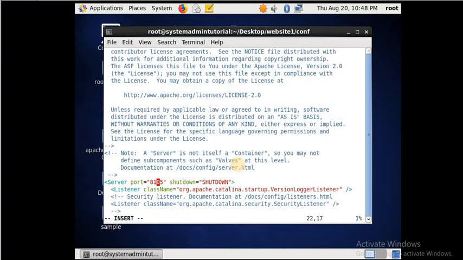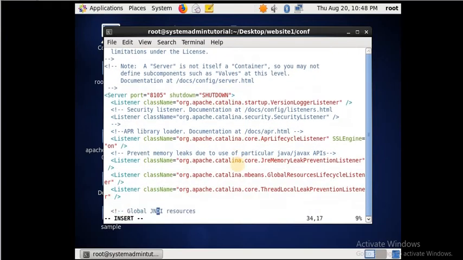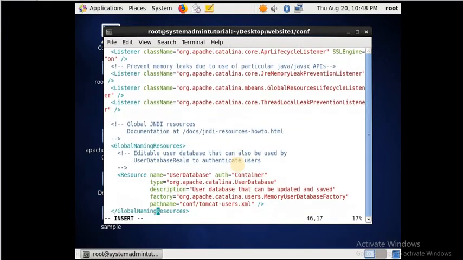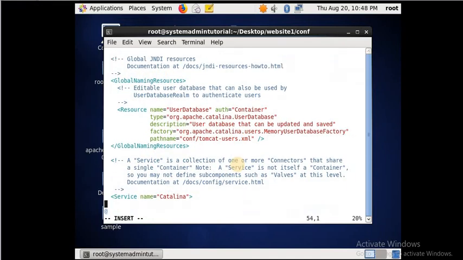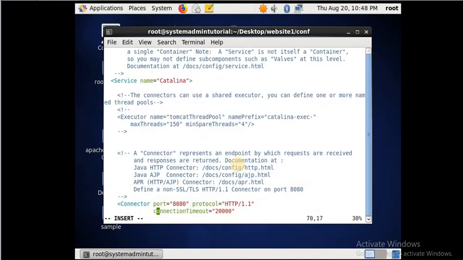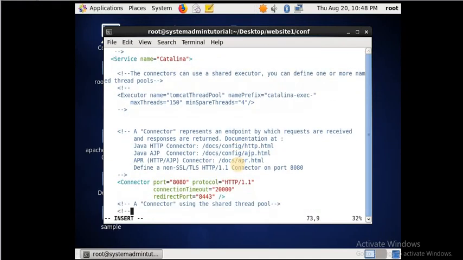For identity purpose only we will do this, and we will find the connector port and AJP port. The connector port we are using is 8081.